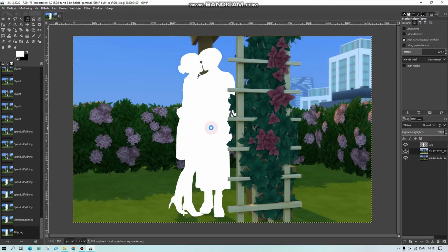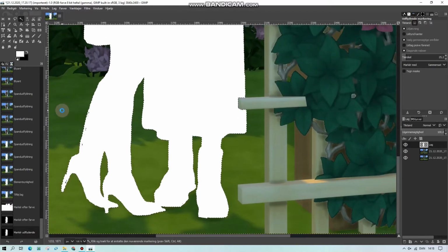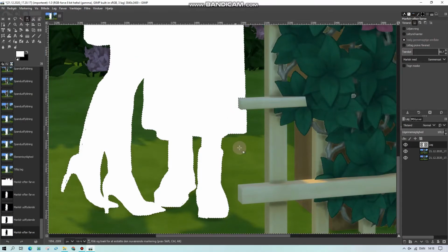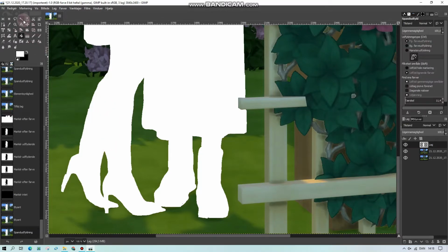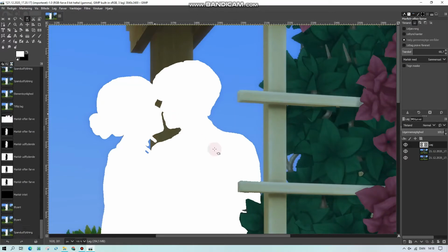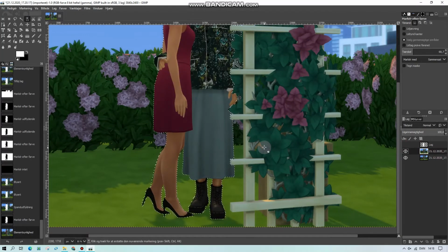the original picture, and then you're just gonna mark the white here. I'm just gonna make sure it has, okay, we're gonna do this instead. The problem here is you probably can't see it on video, but it also marks these small holes I have here, so I'm just gonna remove those holes so it doesn't delete that. There. Okay, so what you're gonna do is delete this from the top picture here,